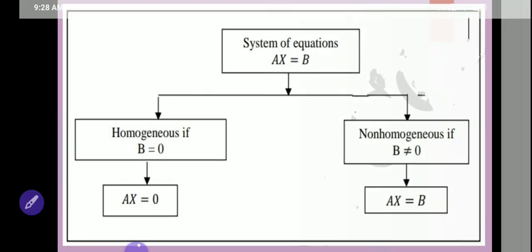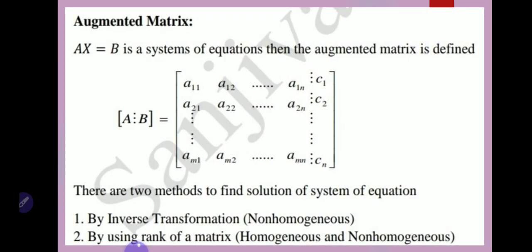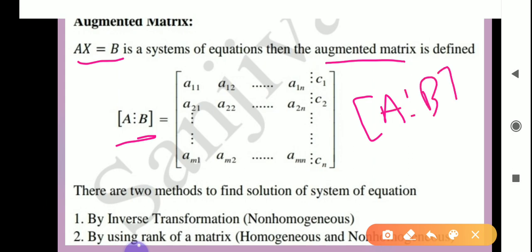So first we will see the non-homogeneous system and then the homogeneous system. How to solve problems on a non-homogeneous system? For that, first we have to write the augmented matrix. Now what is the augmented matrix? Suppose AX = B is the given system of equations and we have to solve this system using the matrix method. Then the augmented matrix is defined as [A B]. The augmented matrix can be written as A, double dot, B, or some people use a single line between A and B. So this is also the augmented matrix [A B].